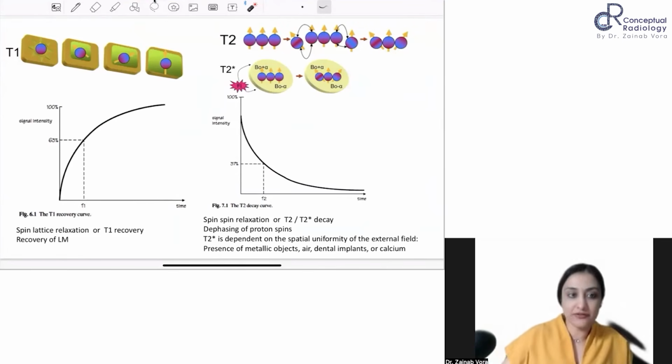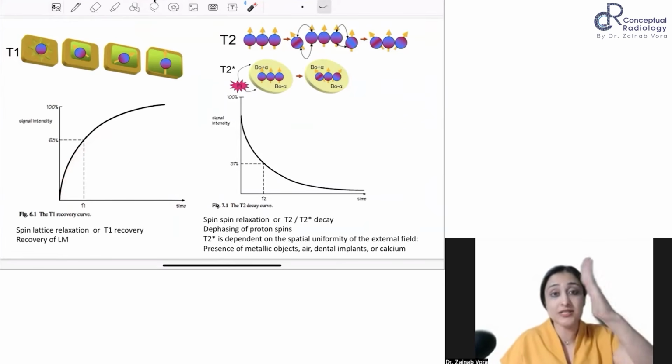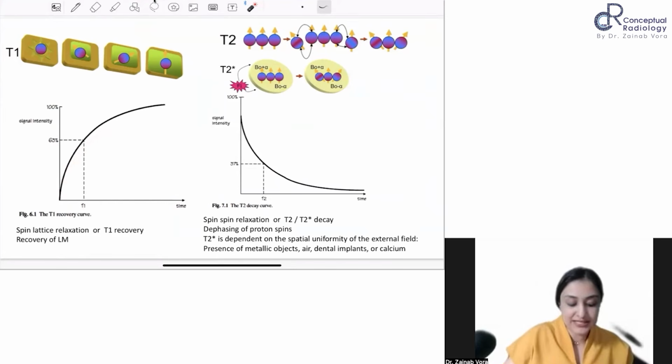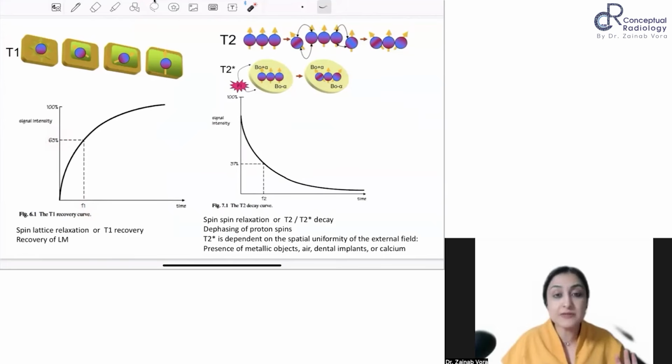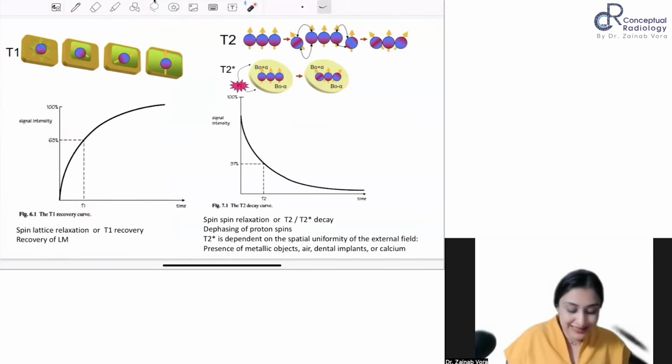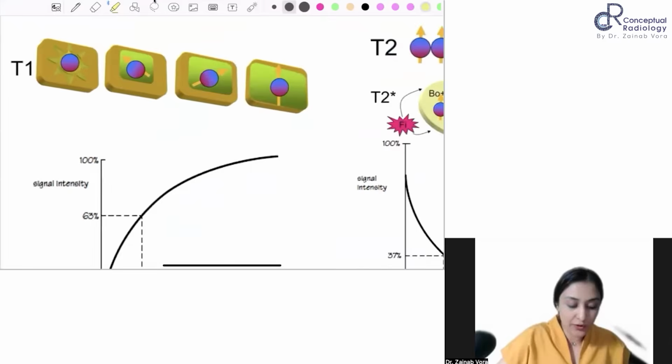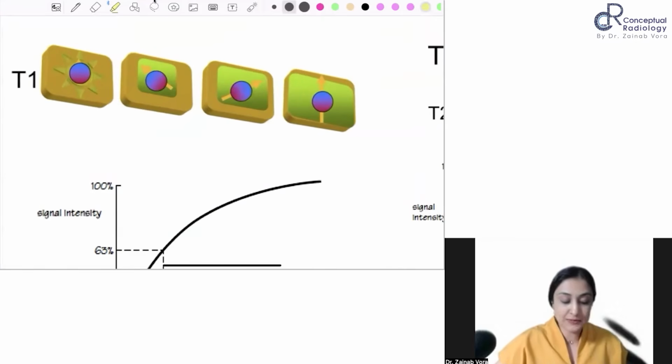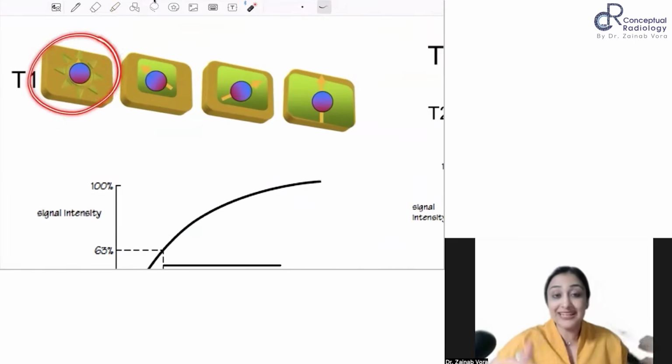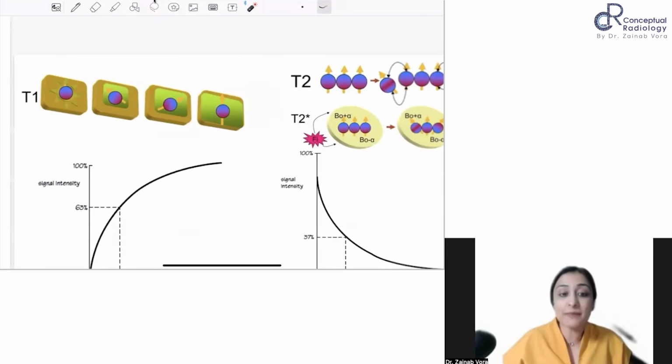What is T1 recovery? So look at this. T1 recovery is the recovery of the longitudinal magnetization. From transverse, it is coming back up. So basically, T1 time is the time when 63% of the longitudinal magnetization is back. That's the definition. इसको बोलते हैं spin lattice relaxation. Look at this. So this is where you can see how all of the protons are spinning. So वो अपना सारा जो transverse magnetization है, they are giving it to the surrounding tissue. इसीलिए नाम है spin lattice.